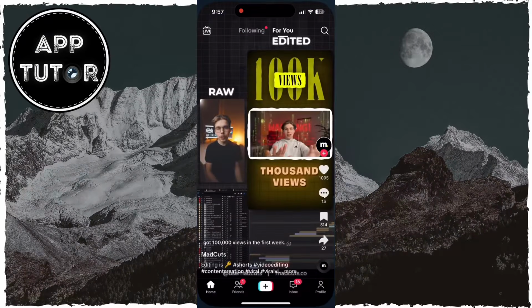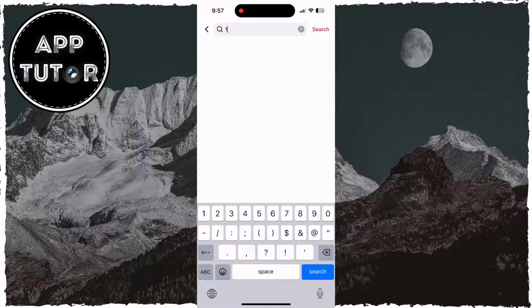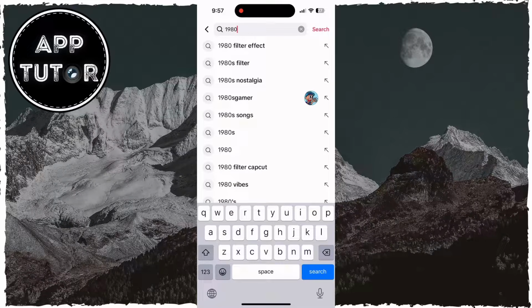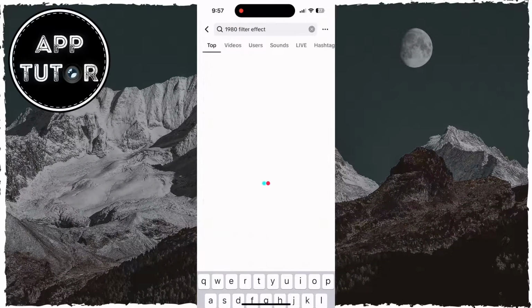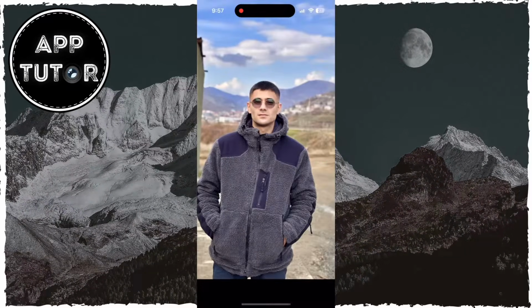The first step that you want to do is to open the TikTok application on your device, and we will then go to the search bar. In here, we will type 1980s filter or 1980s effect, and we're going to get a bunch of different videos with this effect applied. You want to open any of these videos that have this effect,